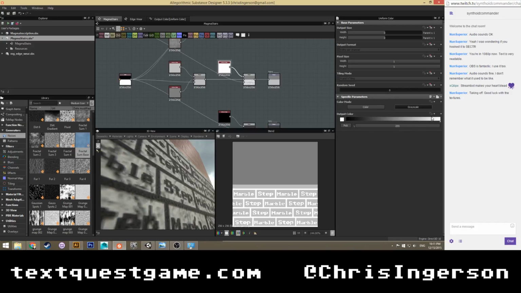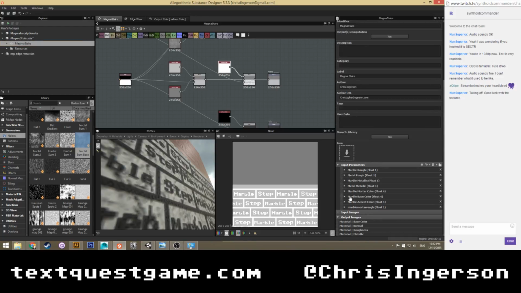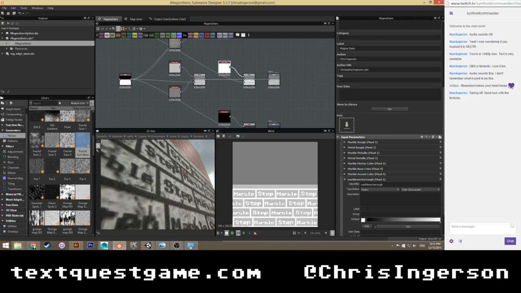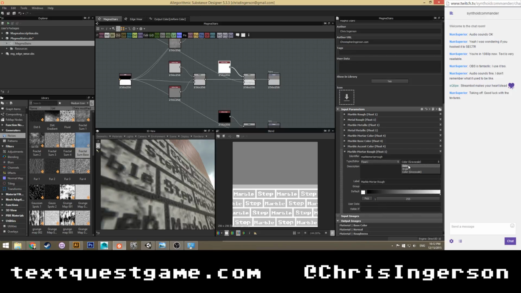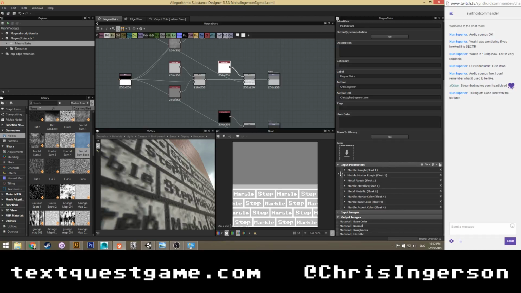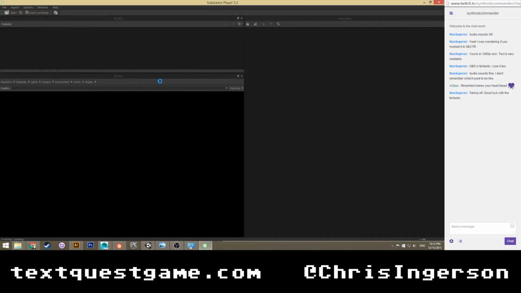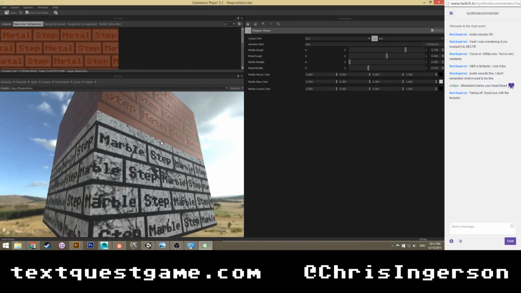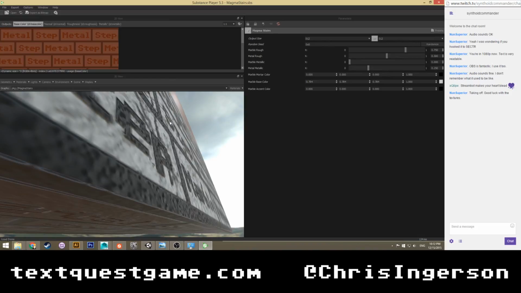So we're going to expose this to marble mortar rough. All right. Hit OK. Let's go back here and rough. Make it a slider. Clamp it. And then let's go ahead and move it up to there. Let's hit save. Let's hit play. Take a look at it. There we go. Got the light bouncing off a little bit nicer now.